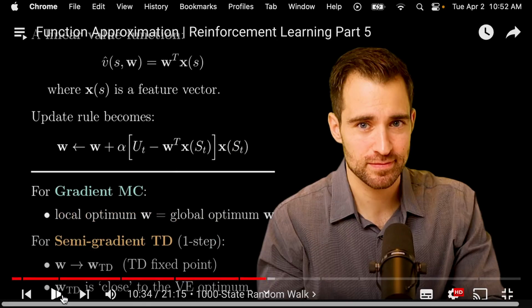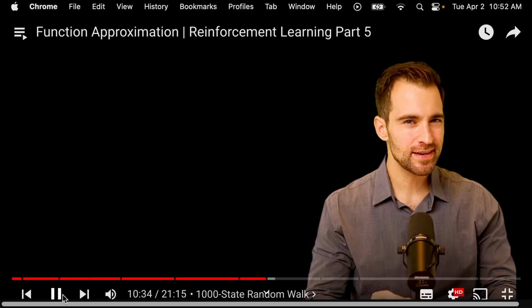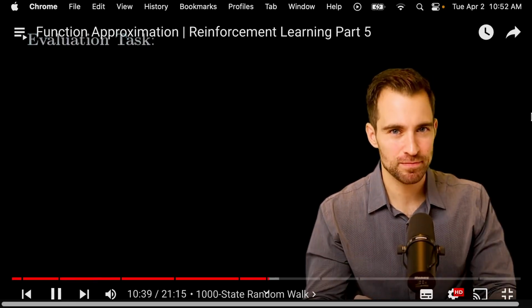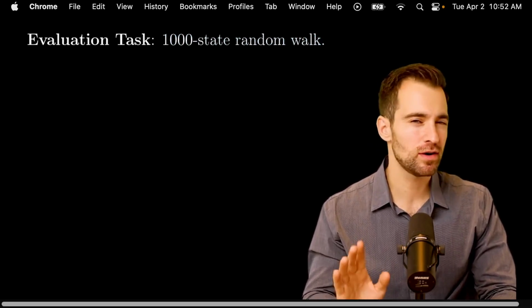Okay, yeah, so here's a nice example. Instead, with a 1,000 state random walk. So let's see how this works. Let's do an evaluation example from Sutton and Barto's book. Here's the problem. It's a 1,000-state version of the random walk task from parts 3 and 4 with a few